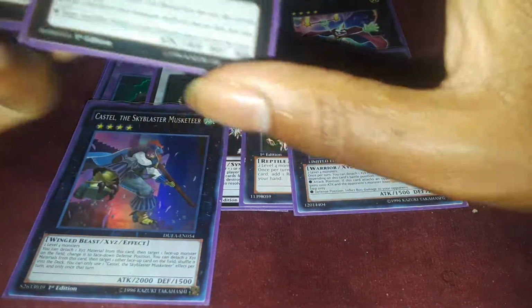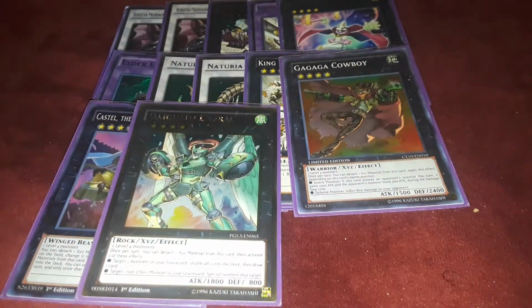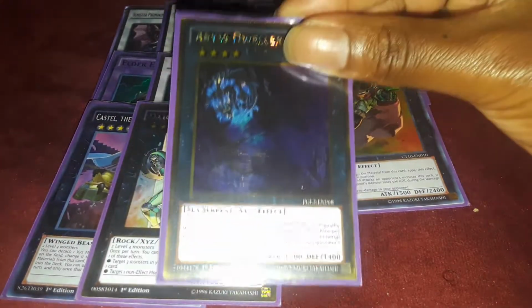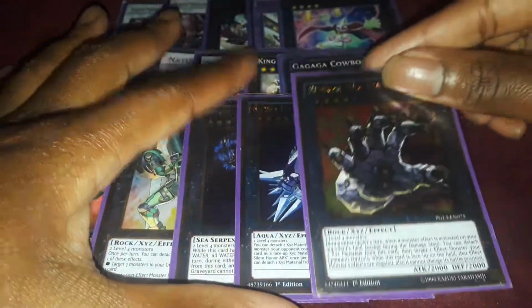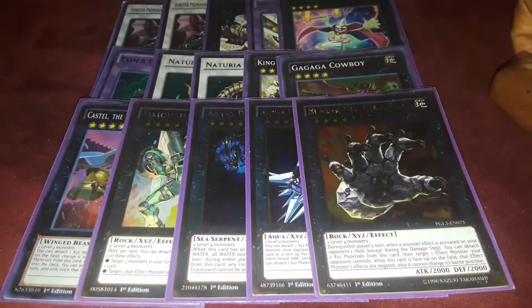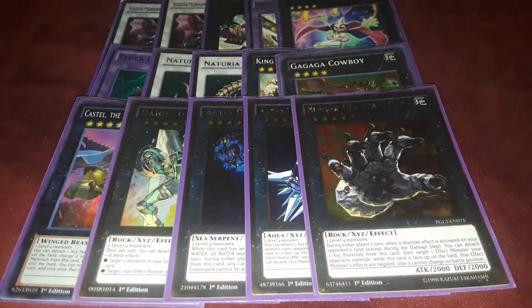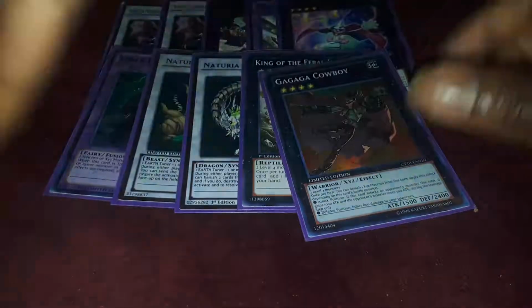Castel was removal. Emeral is your Pot of Avarice. Or if I felt bold enough, I could summon a Draco Overlord or a Draco Slayer that was a long monster. Abyss Dweller to counter graveyard effects. 101 and 106 were just pretty much really good counters to a lot of things in the game. And they were still prominently the most powerful rank 4s in the game, right next to even Utopia the Lightning when he came out. So that's pretty much it for this revisit of Performage Draco